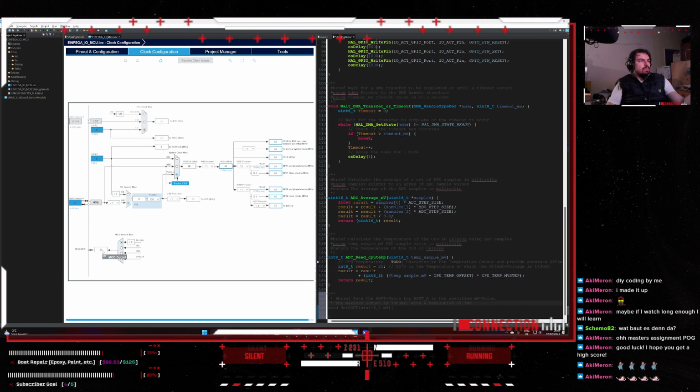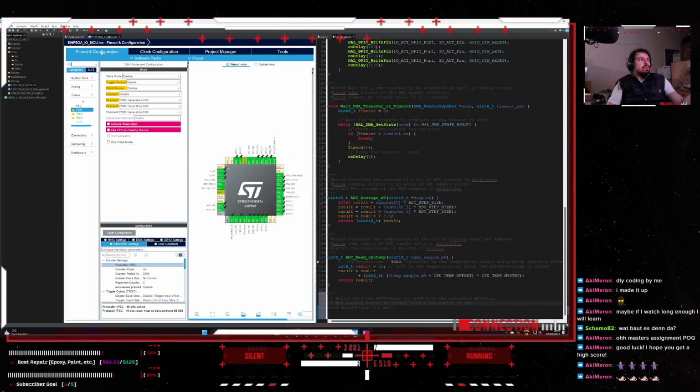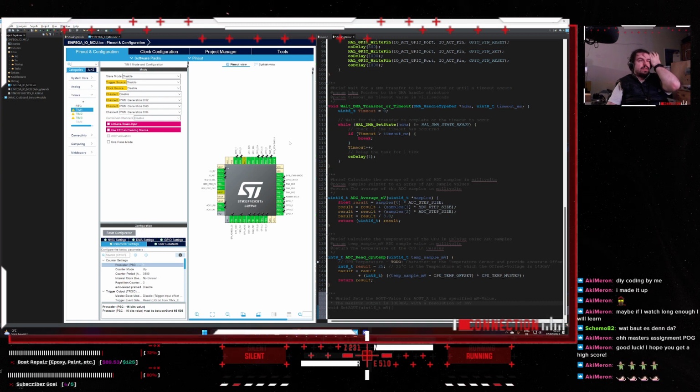Second, I am MCO output. That is this pin. Timer 1, channel 1. If I send out a signal there,